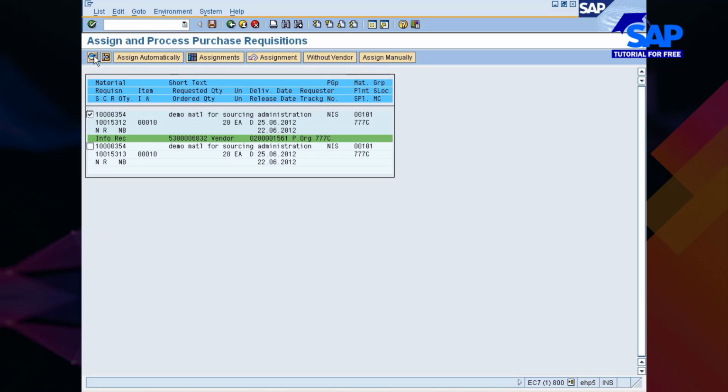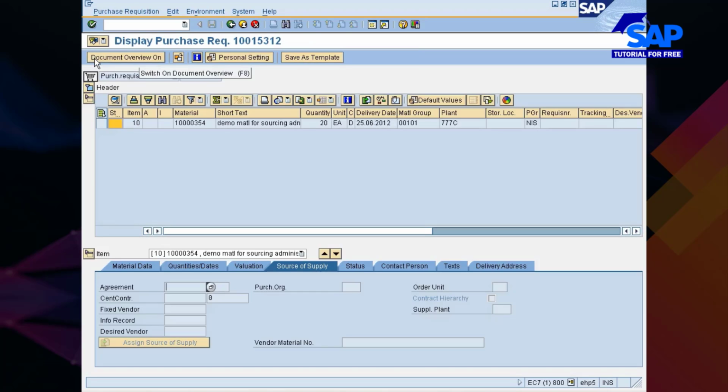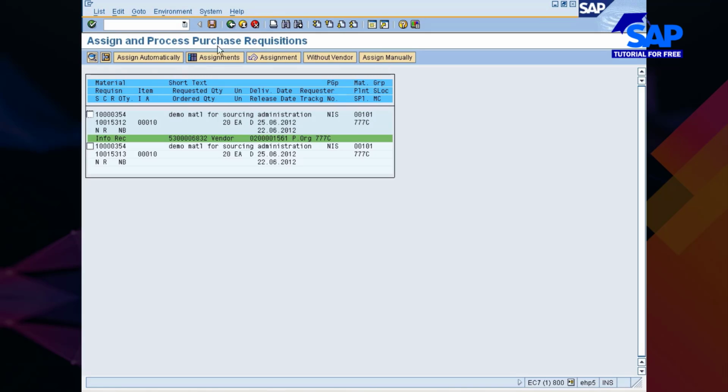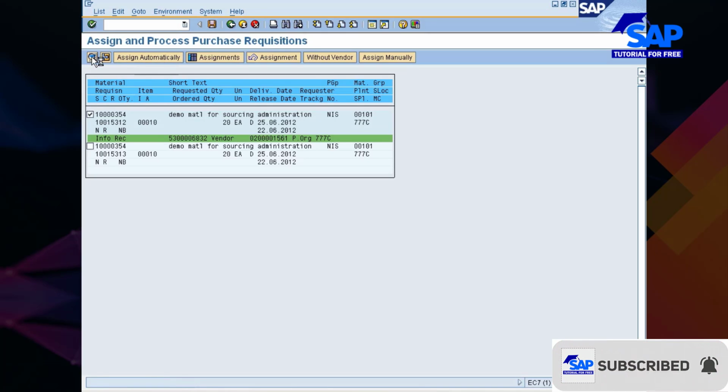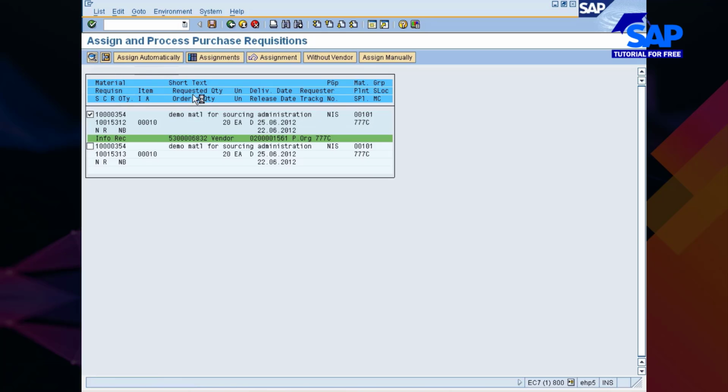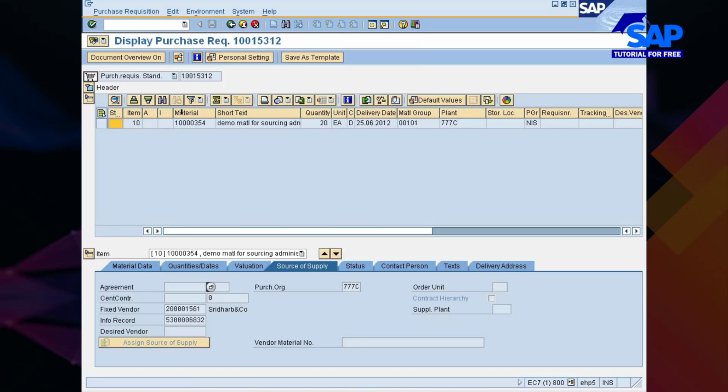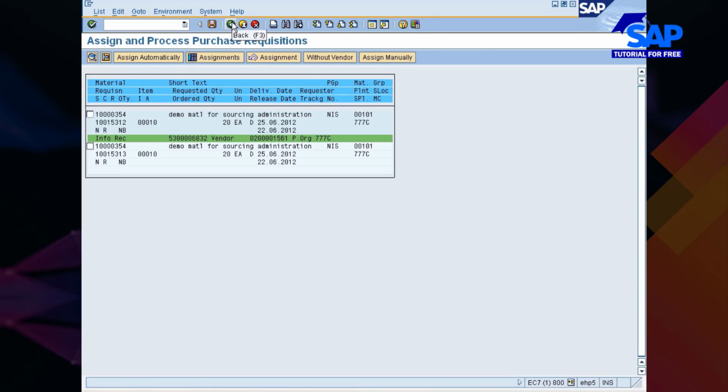Now let me just go with details, okay, where you could see, because I'm yet to save it, that's the reason you don't see anything over here. But if I go and save it, okay, now if you go and have a look at it, you would see the fixed vendor information in the requisition. Okay, you could see here. So from here, assignment and process, either you can